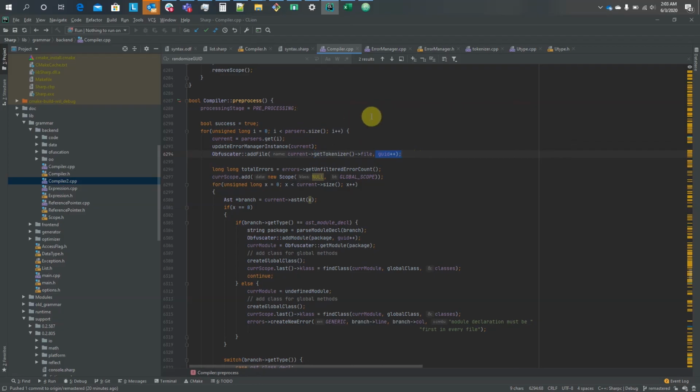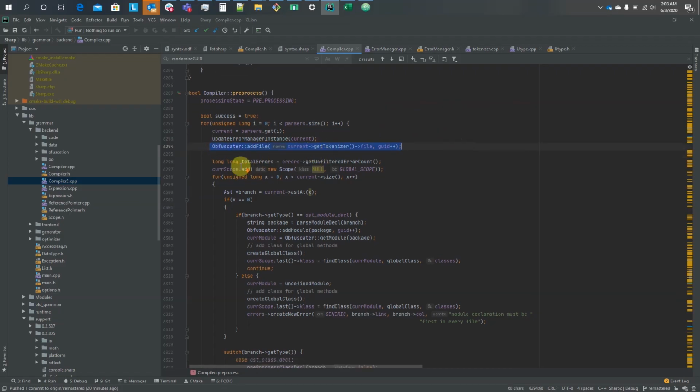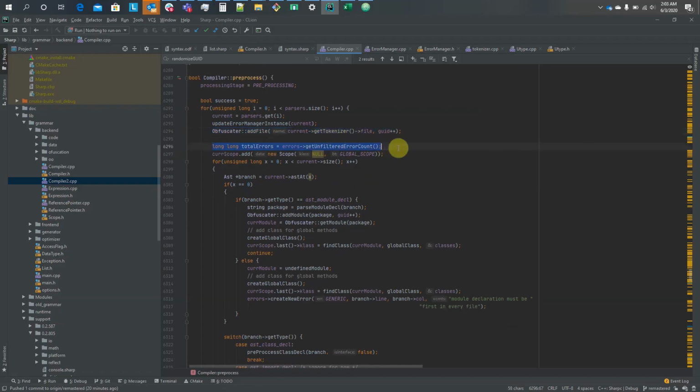Now I will say this, we only do this once. So we're going to pre-process everything. We're going to add every single file one time, and that's it. So after we do that, then we want to have a check for errors. So we want to set our total errors, and we want to get the current amount of errors that were